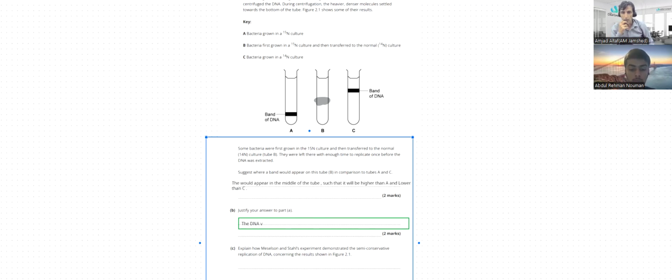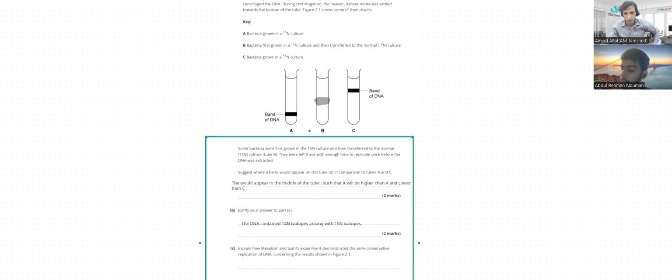The DNA. Justify your answer. Explain how Meselson and Stahl's experiment demonstrated semi-conservative replication of DNA with respect to the results shown in figure 2.1. Okay, all right. So you can write the answer. Then after I'll check. This is done. I mean, it's completed now. Yes. It's a 2 mark question, so you need to justify in a way like you need to add 2